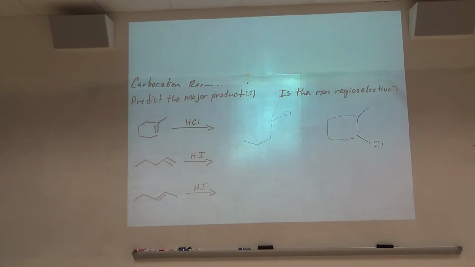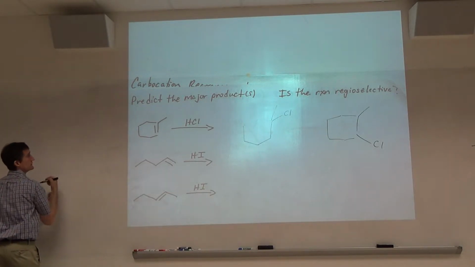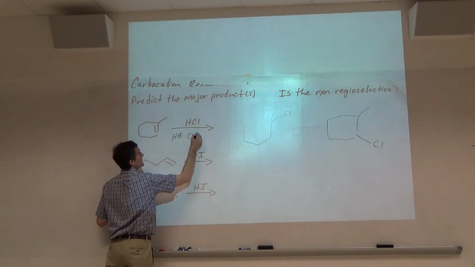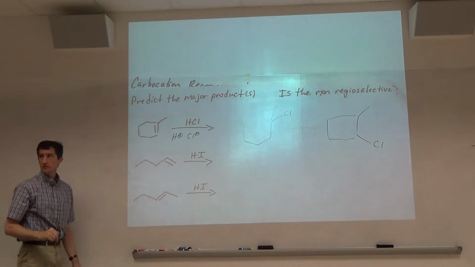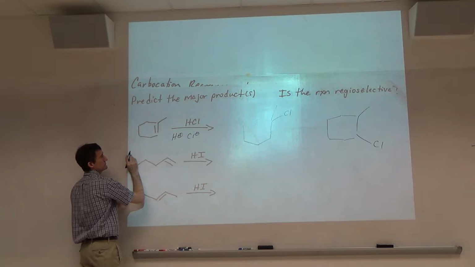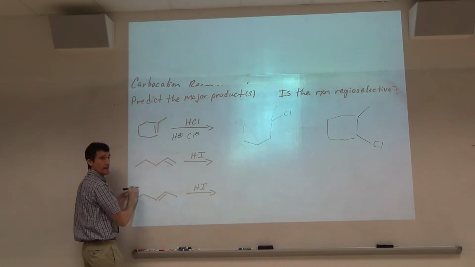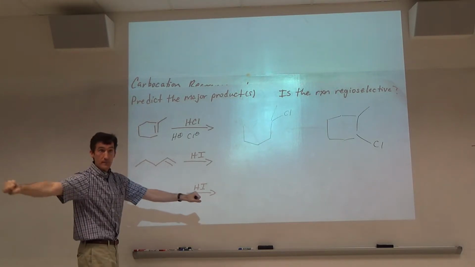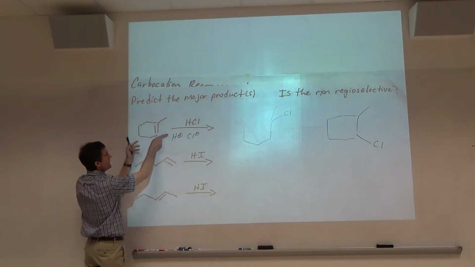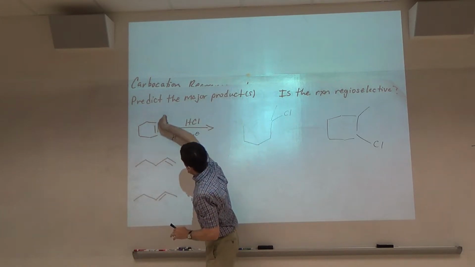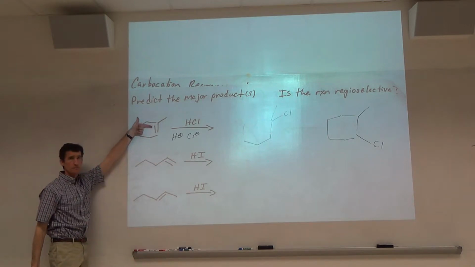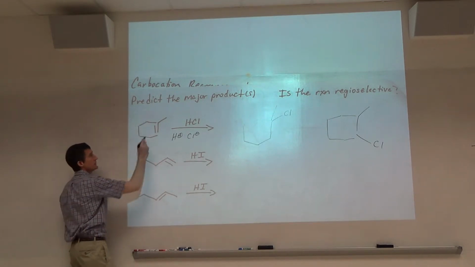Because mechanistically, if we think mechanistically, what was the intermediate here? What's the mechanism? I'm just going to show this ionic, okay? Because this likes to become ionic, especially if you put it in a polar solvent. You can do it either way. What's the first step? The pi bond attacks the H. It hinges, okay? It's going to go in and make a bond. But is this going to come down, leaving a carbocation up there? Or is this going to hinge up, leaving carbocation down here? Where are you going to make carbocation, top or bottom? Top. You're going to make it at the top. So we're going to hinge down,